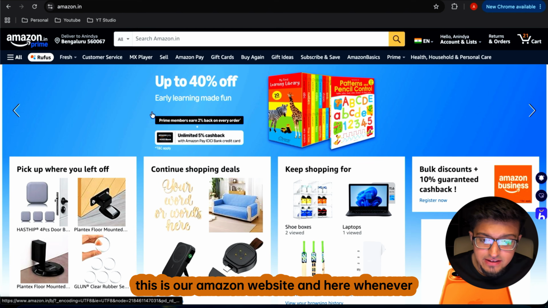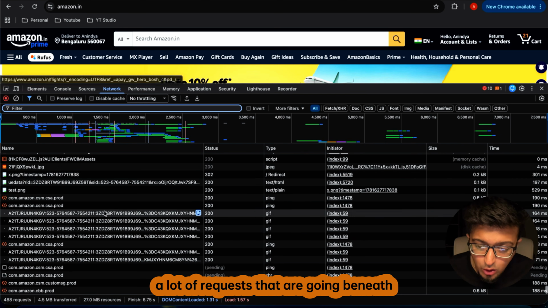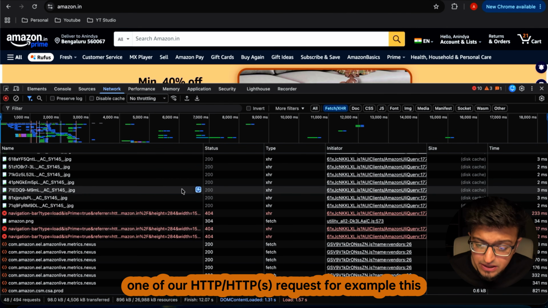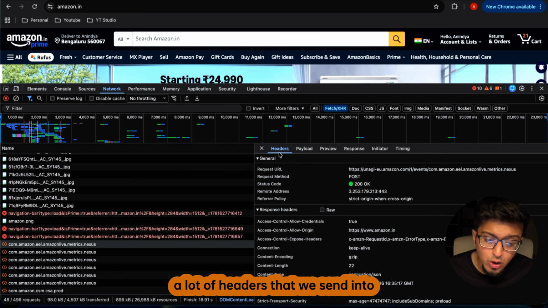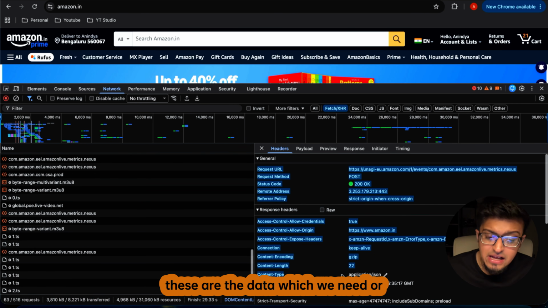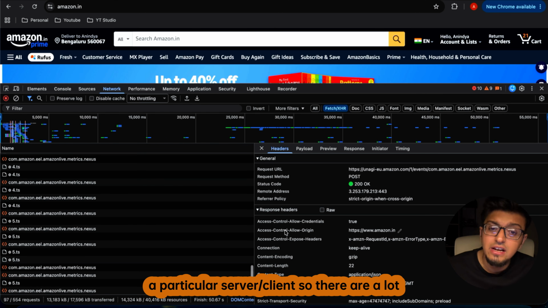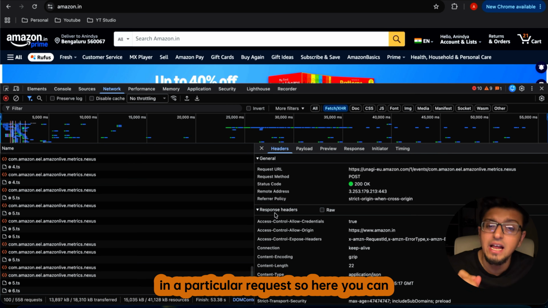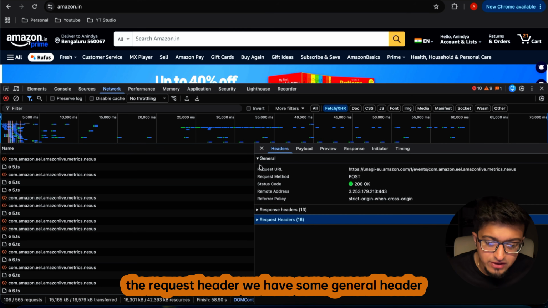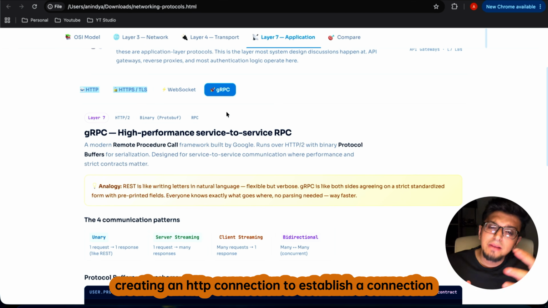So if you look carefully, this is our Amazon website, and whenever we go into the network calls, there are a lot of requests going on beneath our Amazon website. And if we take one of our HTTP requests, for example this one, you will see that there are a lot of headers that we send to our server to make the server identify that this is the data we need, or that this is the request that got generated from a particular client. So there are a lot of headers you can see we are sending in a particular request. Here you can see we have the response header, the request header, some general headers, and so on. So whenever we are creating an HTTP connection, there are a lot of things that we have to send,